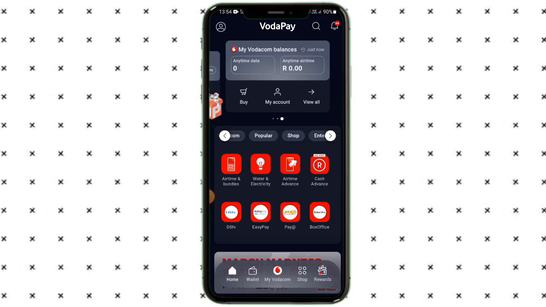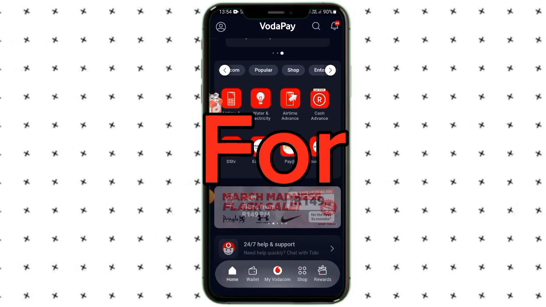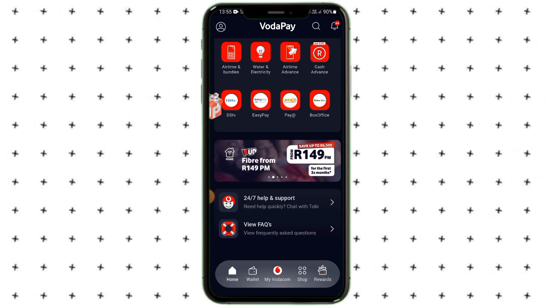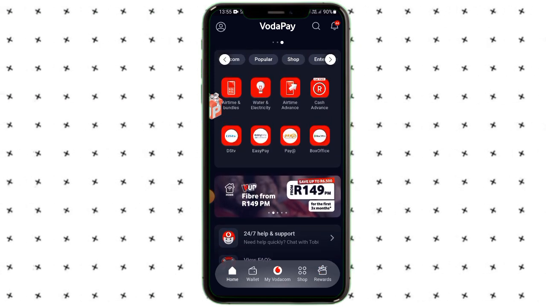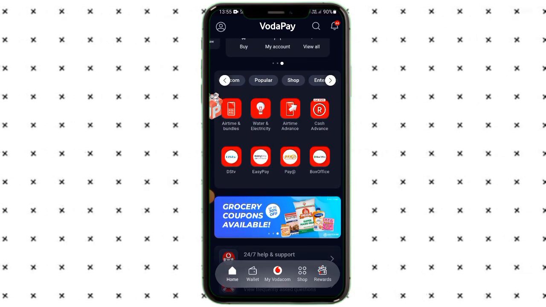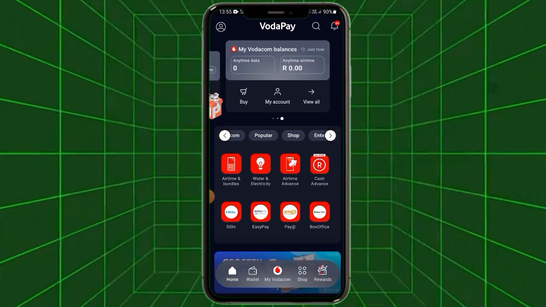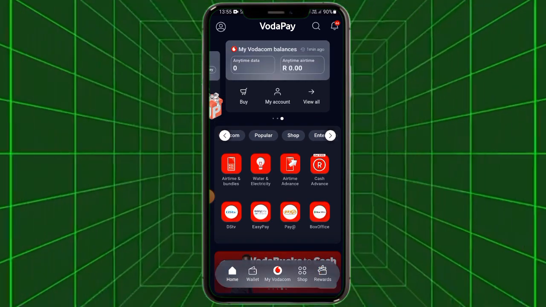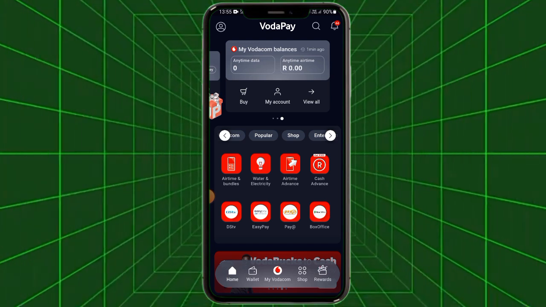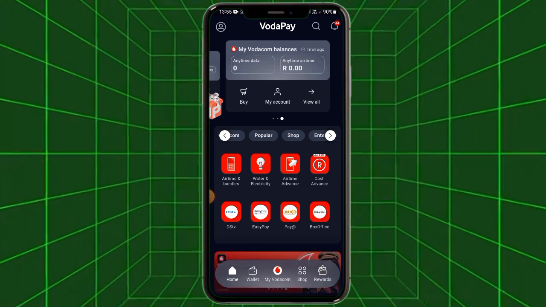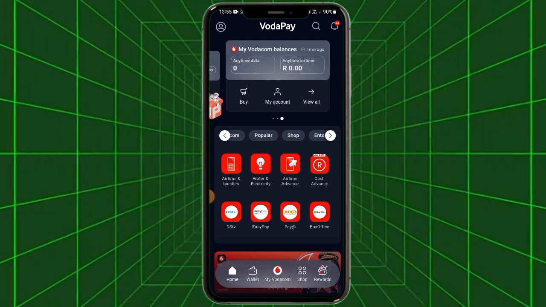I want to show you how I got 1 gig for 1 rand on Vodacom, and there is more. You'll also be able to buy cheap data, cheap minutes, get discount offers and buy vouchers. You can also do more with that app. So if you want to know how I get cheap data, cheap offers, cheap minutes, and